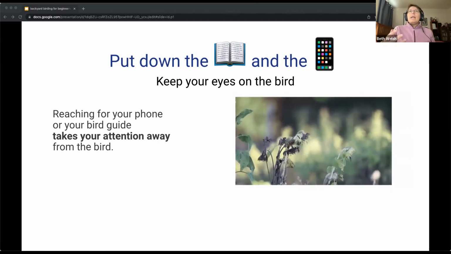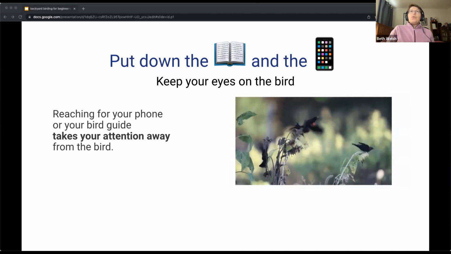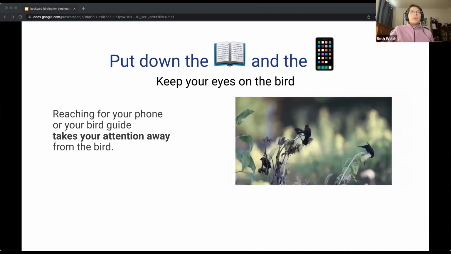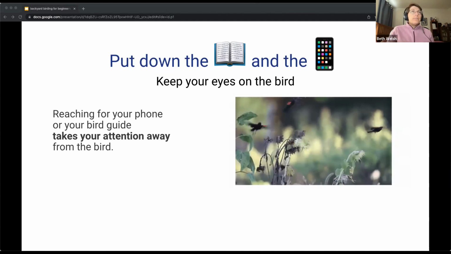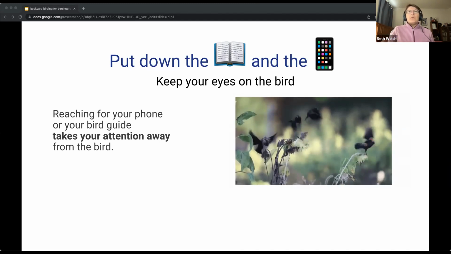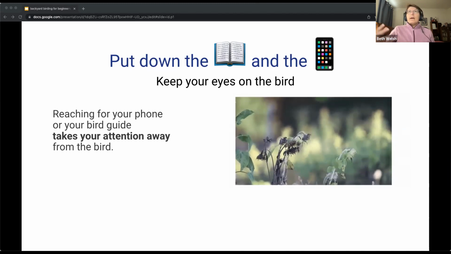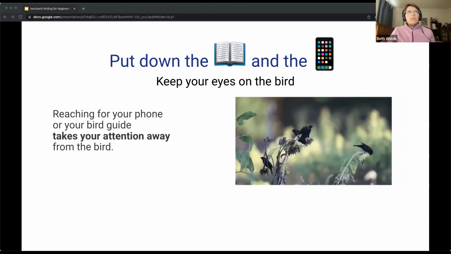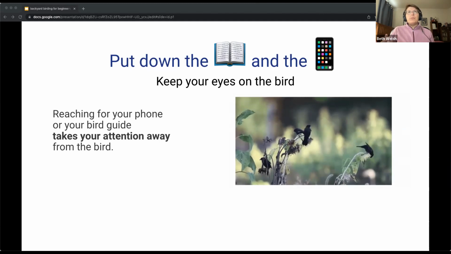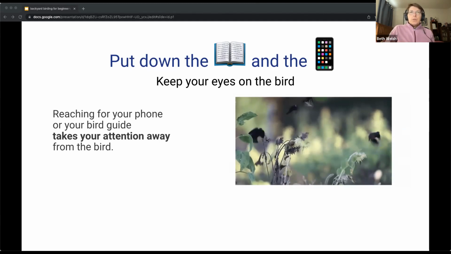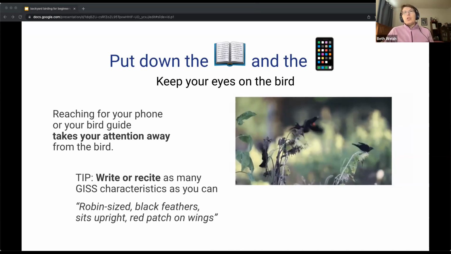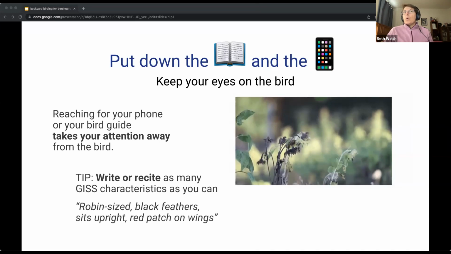So I'd encourage you to train yourself to just take a really good look at the bird as long as it's sitting there. Because if you see a bird fly up, say, ooh, I really want to look at that. Ooh, I wonder what it is. If you go looking for your bird guide, you try to pick your phone up, get your phone turned on, poof, bird's gone. So I suggest try to either jot down if a paper is handy, or just say out